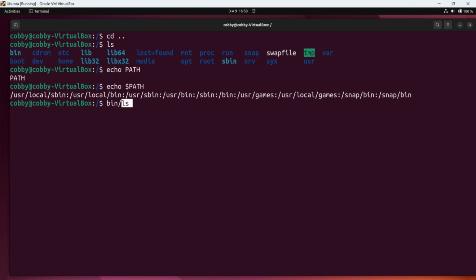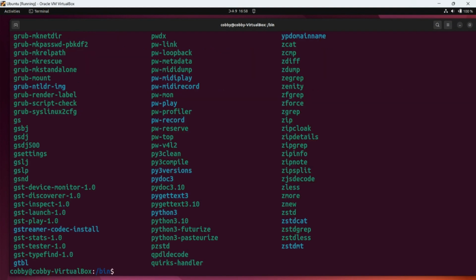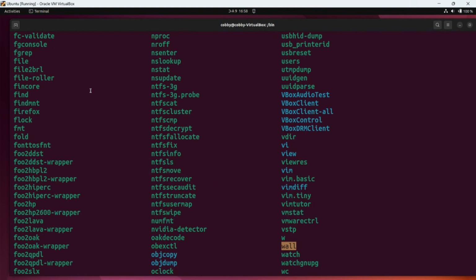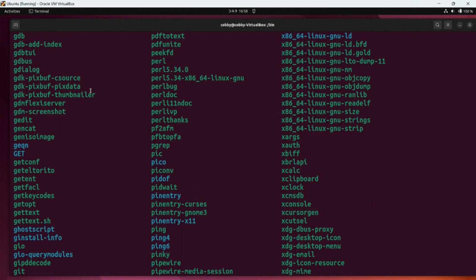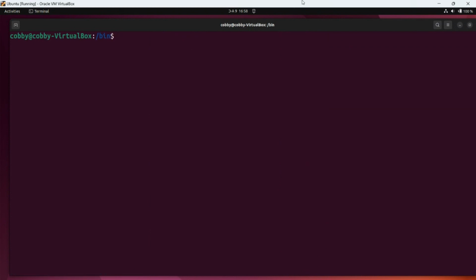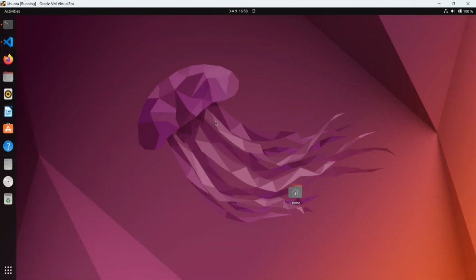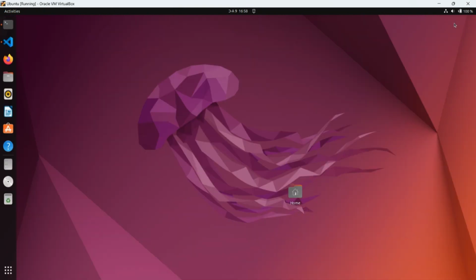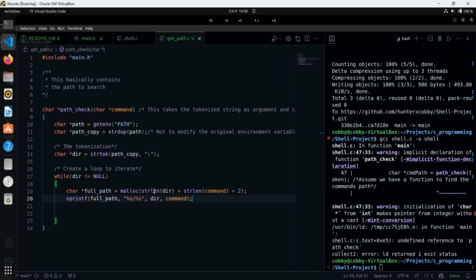Because if we enter cd, let me go into bin. So if you enter here, this is where we'll find ls, right? So that's what we are basically doing, and I don't have any other means I can use to achieve that except with sprintf. But if we run the test suite and we have a problem with it, then we rely on other means. So great, we are good to go.